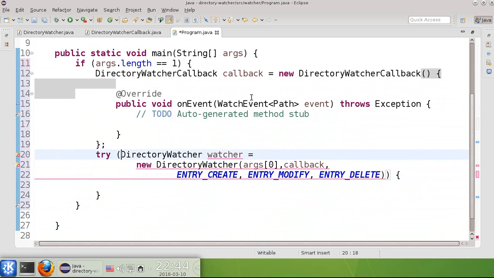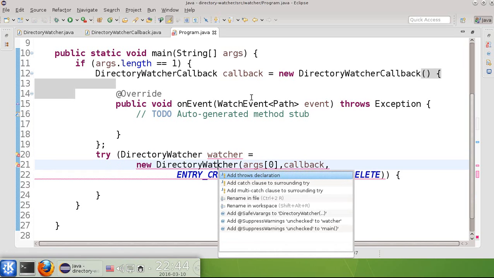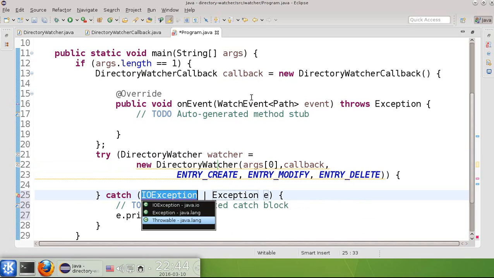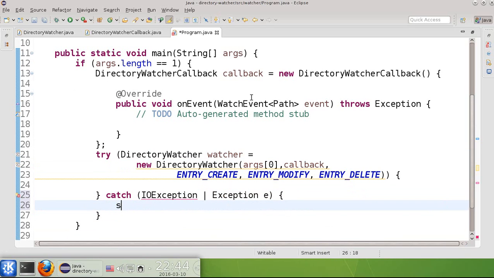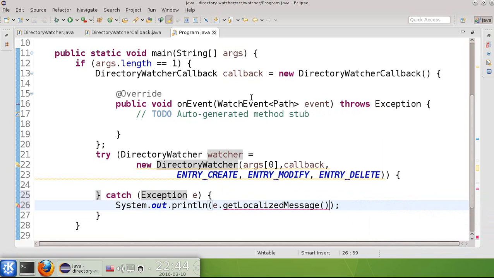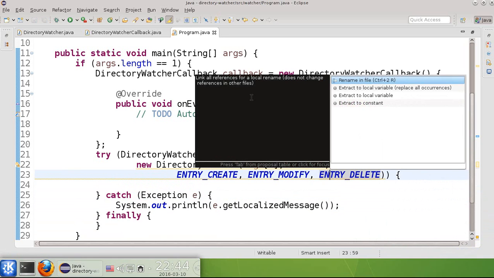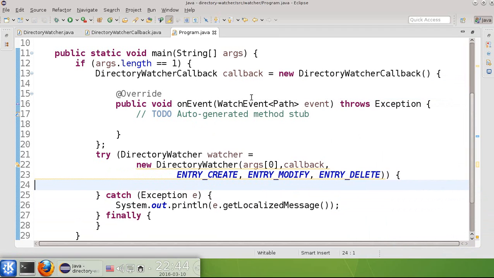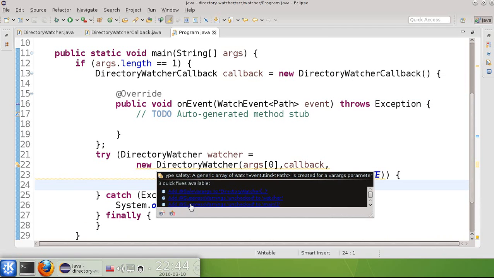So this may throw an exception. This is the point. So what I'll do here, because this can throw an exception, I will add a try catch in here, and in case I have an exception, I'll then output the localized message or the message of the exception. Okay, but this is already included in the exception, so I will just output the cause of the exception here. And just for the sake of disposing this, I will add a finally block, and that's about all. The rest I don't care. It's about the unchecked